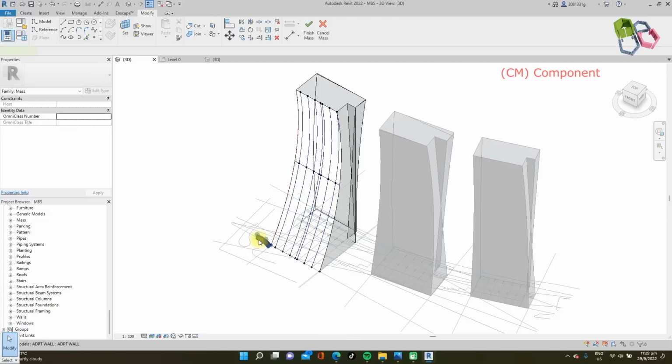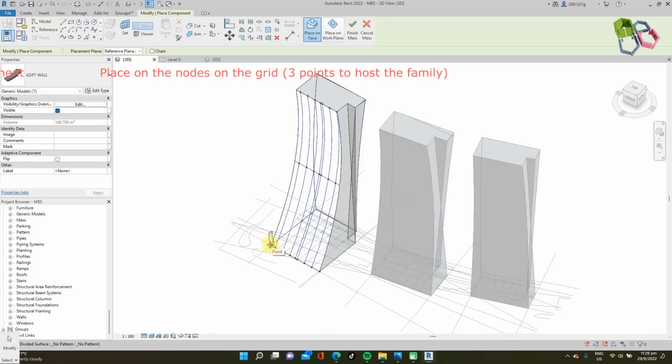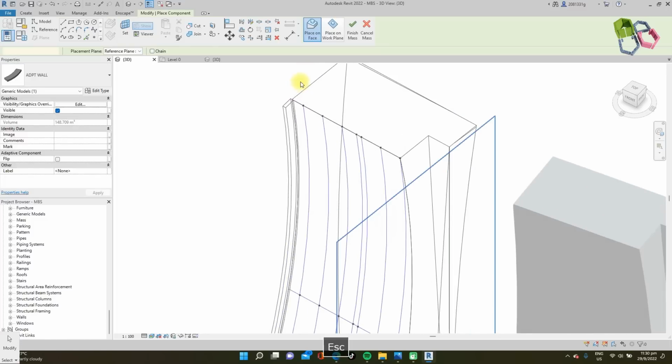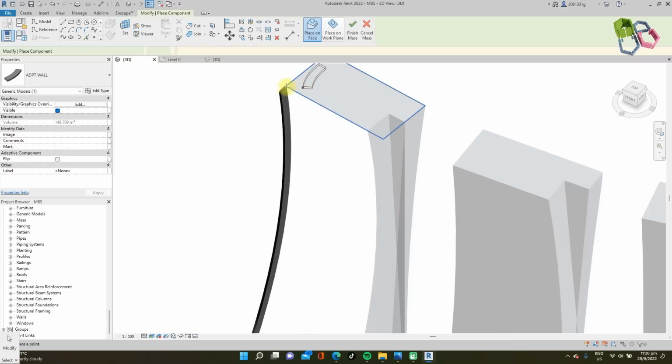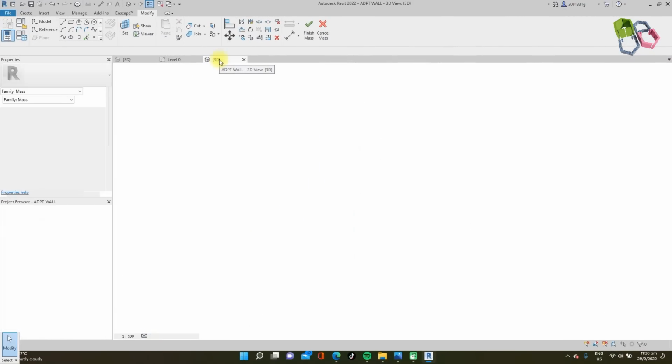Okay, let's place our loaded family. Type CM for components. Place on here, and first point, second point, and third point. Alright, I have placed a slanted curve shape concrete structure wall, but the orientation is different. I need to place